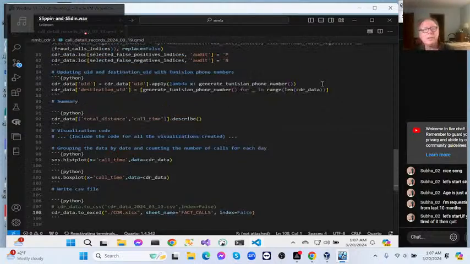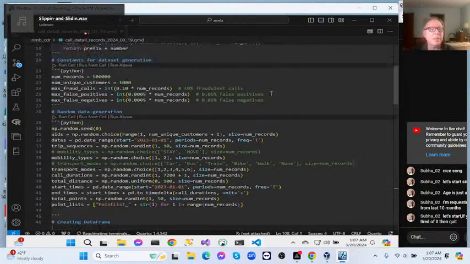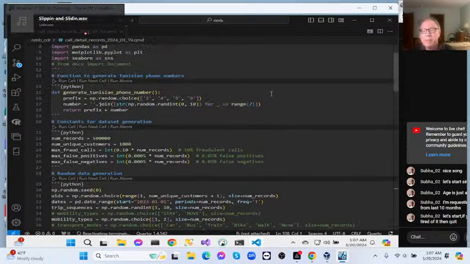Once again, the code was written by ChatGPT, based on a record layout for some call detail data. So all the data is random. The dates are random. The customer phone numbers are all random. And I expanded it from 3 months worth of data, the fourth quarter of 2023, to